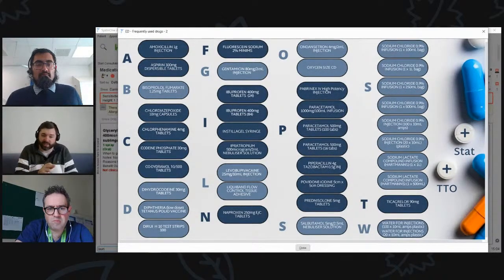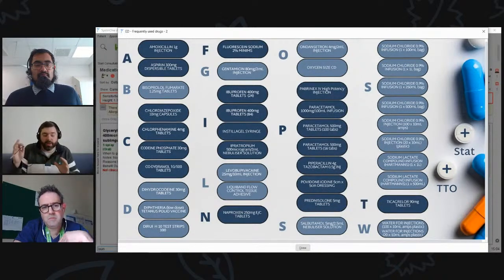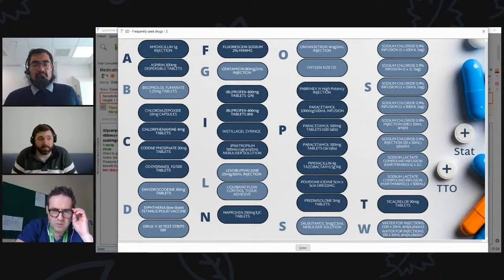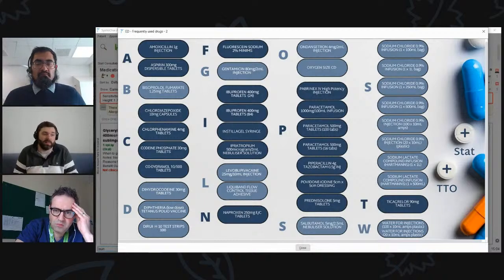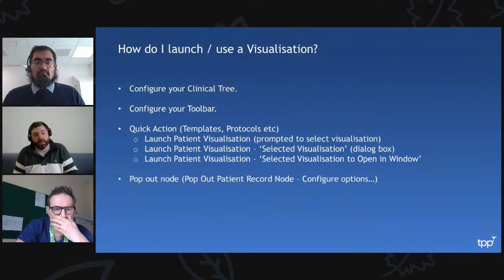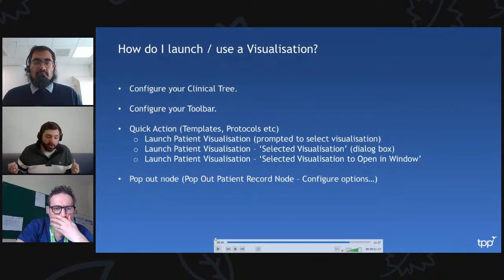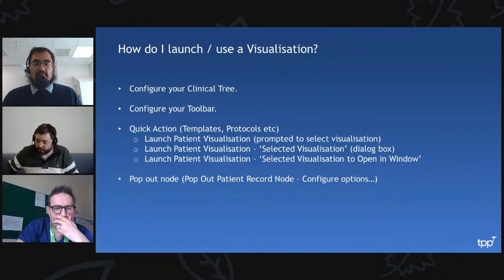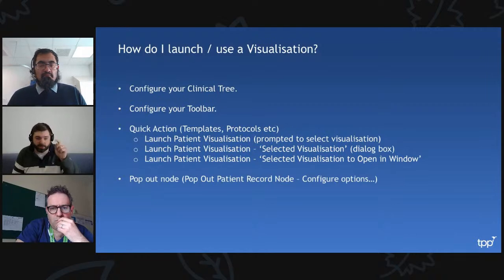So those buttons, again, this is using more of a manual layout and having a graphic built within the system. But again, it's just kind of saying this is the art of the possible, which can be done. So now it comes on to how do you launch them or use them? The key bit here is you could obviously configure the tree to display the different visualizations. You've got the toolbar, so you can add a button onto your different toolbar to launch or display that